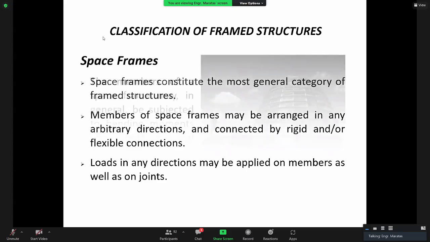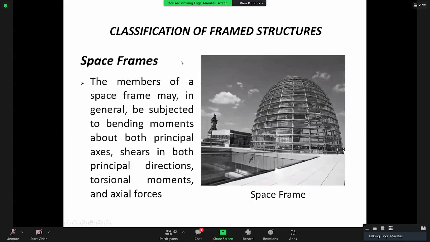A space frame member has axial load, shear, moment, and torsion. So it is complete. When you design a member, you design it in such a way that it can